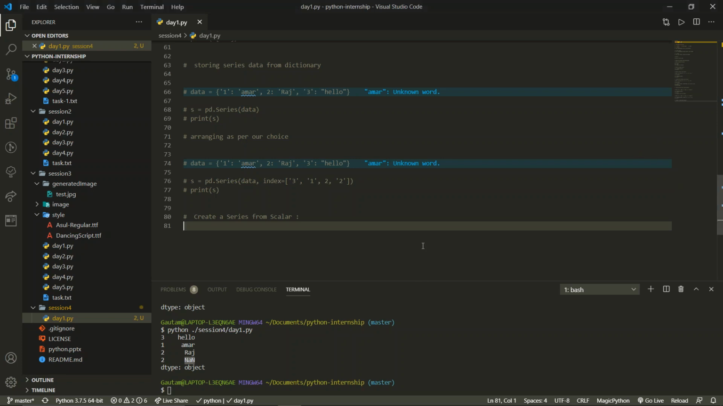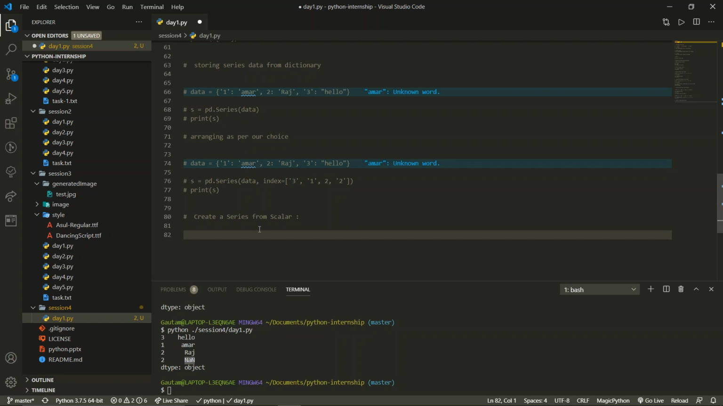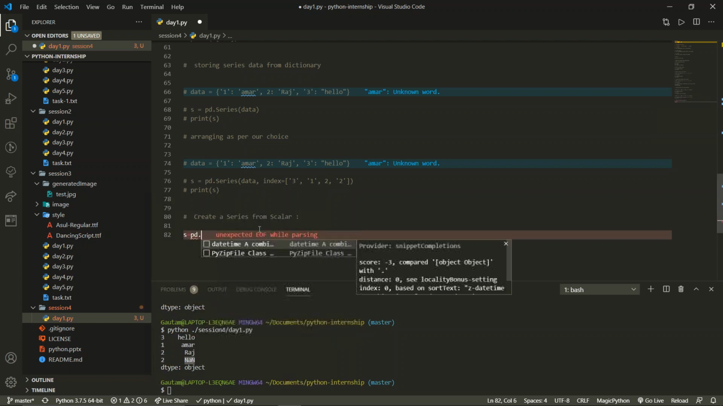Okay. So now we'll move forward. If we want to store a normal or single scalar unit, we're going to have the same thing. If you want to store it in data, you can store it in data, or else directly also you can store it. So you can write s equals pd.Series,